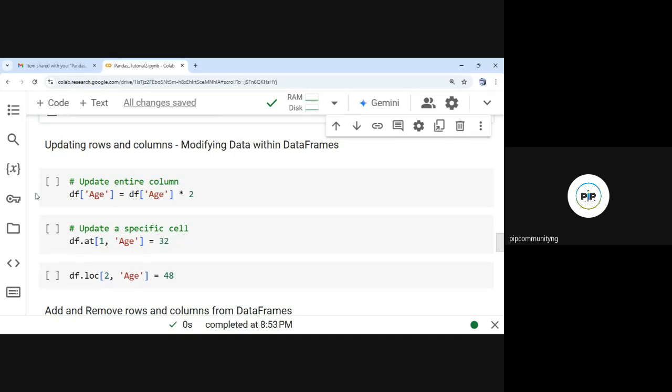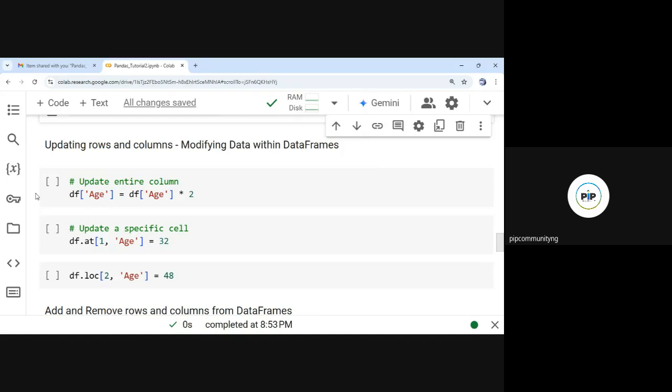When we were learning variables, we told you that when you declare one variable multiple times with different values, the last one that was created becomes the new value of the variable. So that's why you're seeing df['age'], that's an index, equals df['age']